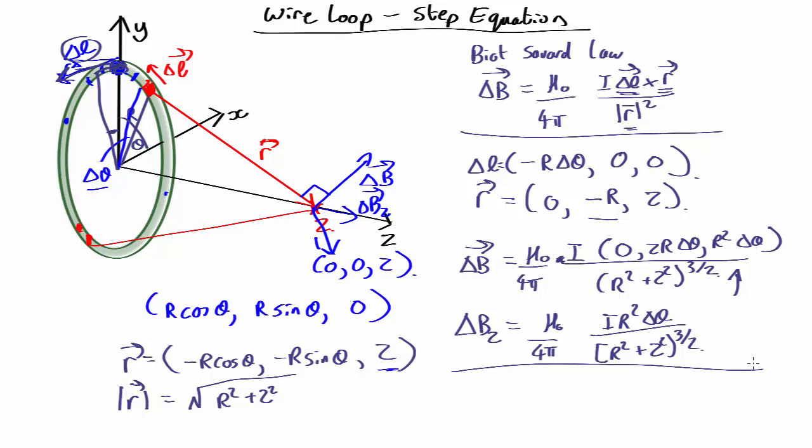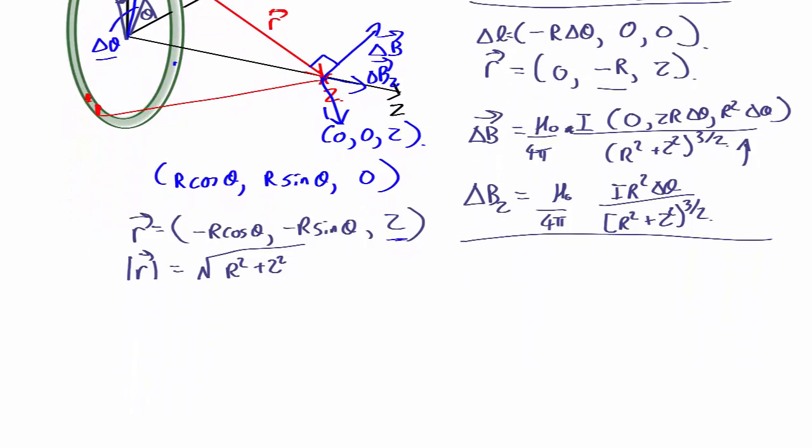What we're going to do, as usual, is if we had big chunks like that long, that long, that long, we'd get an approximate answer. As we make each chunk, each delta theta and delta L, smaller and smaller, we're going to need more and more of them. We're going to add up more and more of these things and get a more and more accurate answer. So what we're going to get is that the actual Bz is going to be the limit as delta theta tends to 0 of the sum of the delta Bz's. And as usual, when we take the limit, it turns from a sum into an integral. So that's going to be equal to